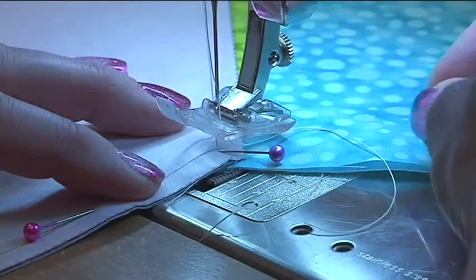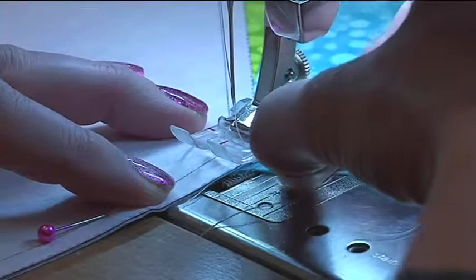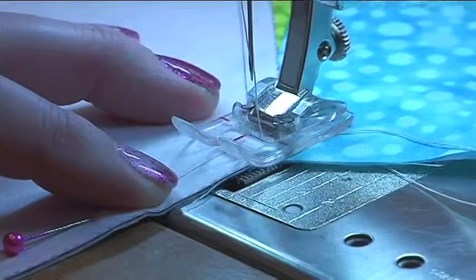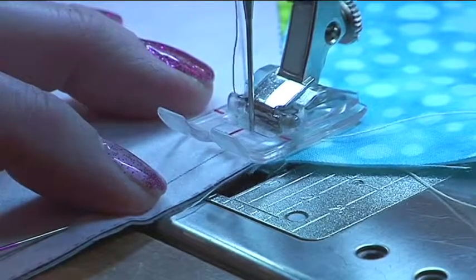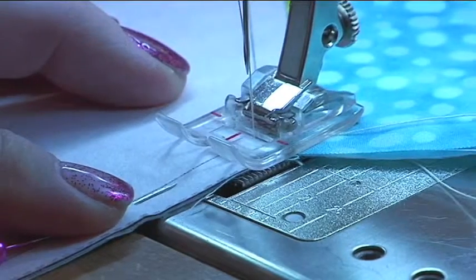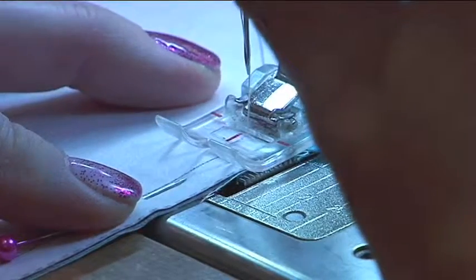So I've brought the fabric over to the machine and I've got it underneath the presser foot. I can put the presser foot down. I'm actually going to use my knee lift a little bit here to raise the foot up so I can remove that pin. And I'm going to use the wheel on the machine to put the needle exactly where I want it in the corner or on that intersection. I'm going to take 2 stitches forward